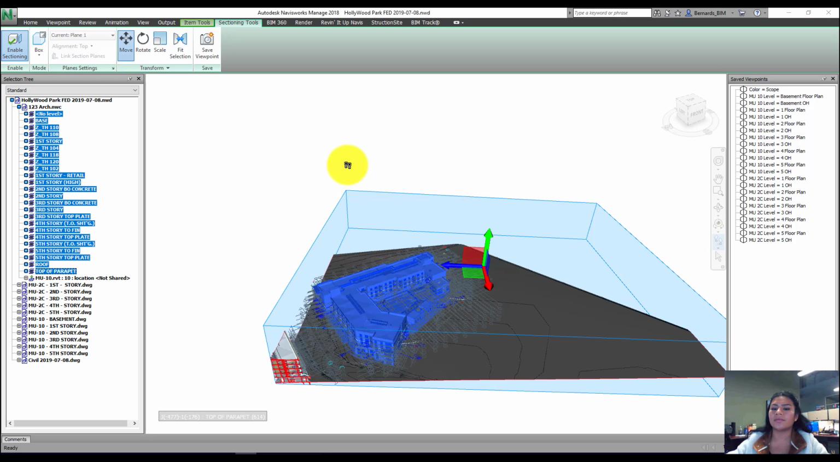Remember to save your sectioning views by selecting the Save Viewpoint button on the ribbon or by right-clicking on your